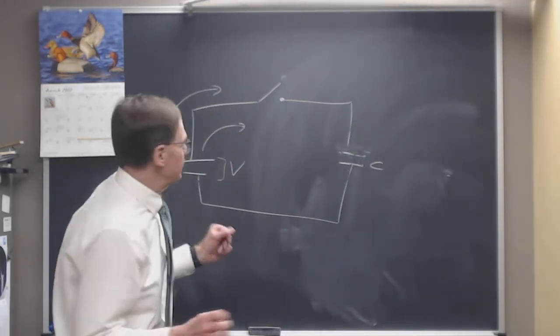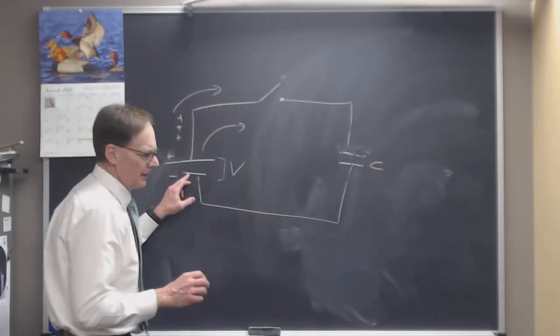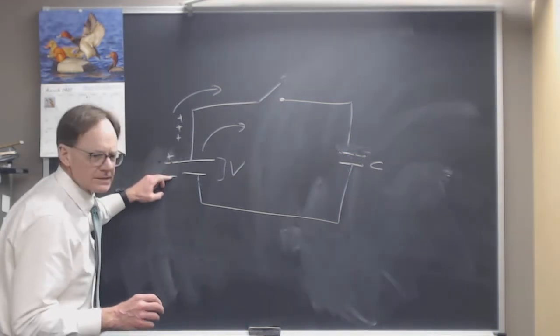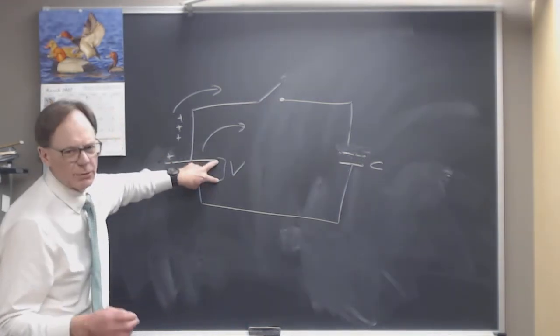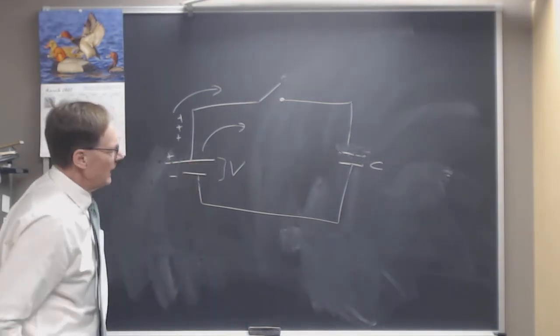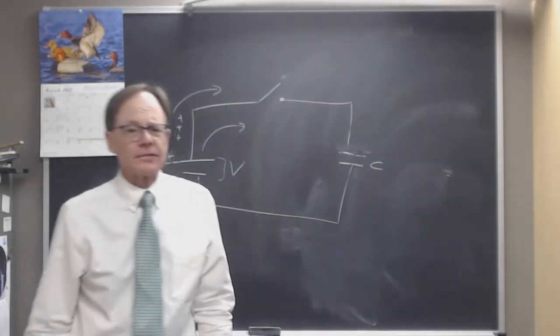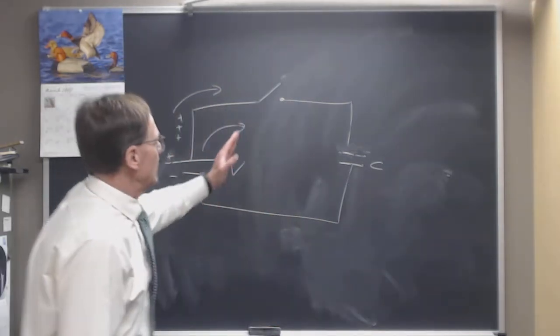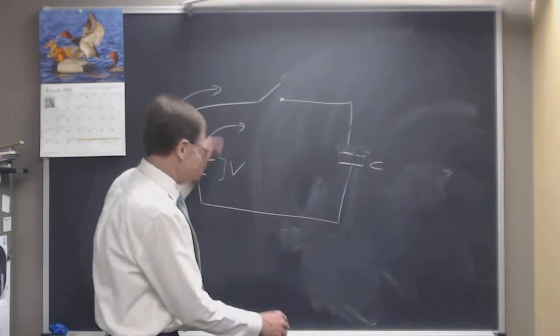We're going to start by setting up a circuit where we've got a battery in here, the plus side of the battery, the minus side of the battery, potential difference V, we're going to say, across that battery. And we're just going to put a capacitor in there first, no resistor yet. We close this switch, and when we close this switch,